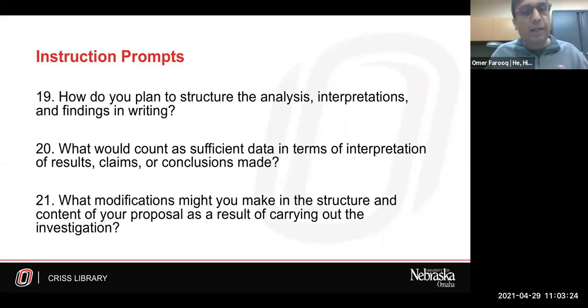Number 21, what modifications might you make in the structure and content of your proposal as a result of carrying out the investigation? So a lot of graduate students we've talked to seem to have this mindset that once you write a proposal, defend a proposal, your first 3 chapters, your introduction, literature review, and method section, they're done.